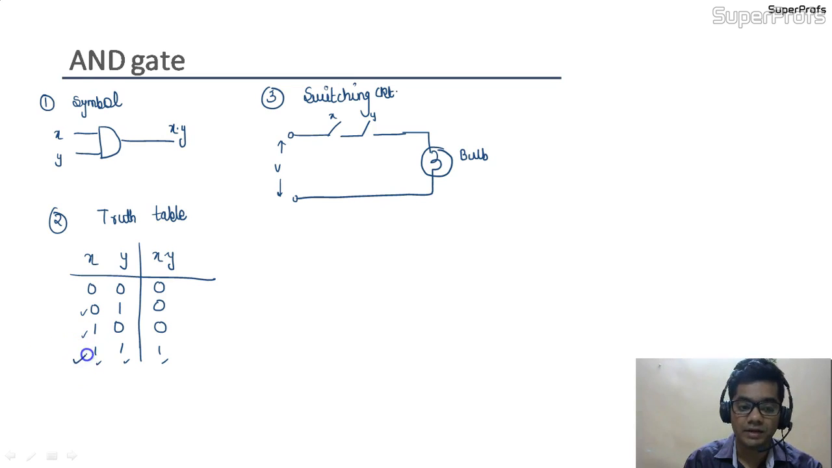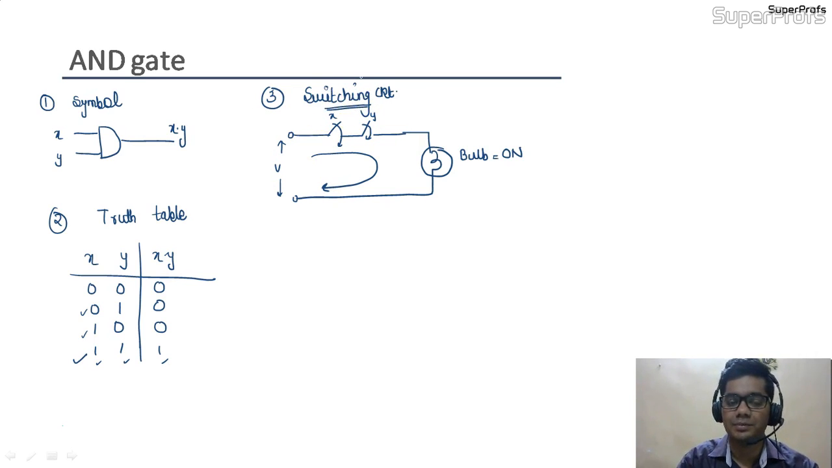But if both the inputs are in 1 1 condition, that means both the switches are in on condition, then the bulb would be in on condition, because there would be a flow of current like this. So we can say that this switching circuit, or the connection in series of two switches, represents our AND gate. So this is our AND gate. Now we are going to see the transistor circuit